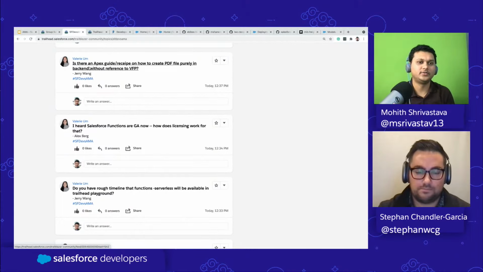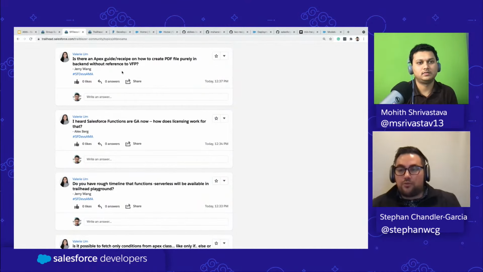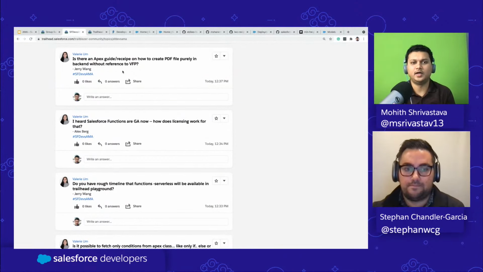Would you recommend functions for this, Stephan? I mean, that's sort of the go-to now for generating PDFs on the fly. We don't really have any other capability within Apex other than using a Visualforce page to do that. Yeah, and Apex is limiting in terms of this specific functionality because you need more